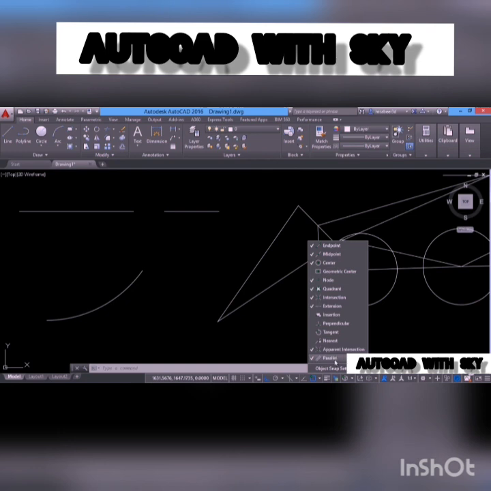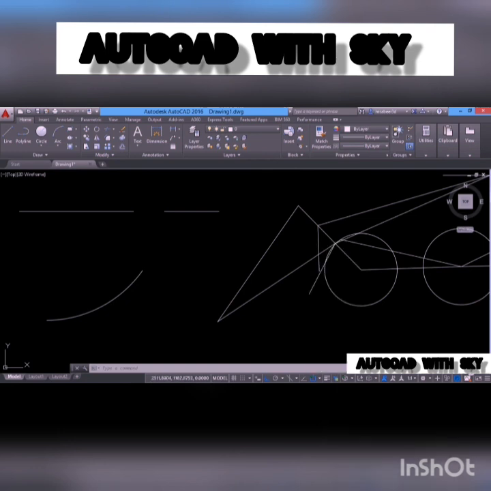So that's all about the OSnap. And one very important point to be memorized is you're supposed to use an OSnap item only when you are asked for a point. In the next video, we will continue with the same topic of various methods to achieve precision in AutoCAD software. There we will see the concept of user coordinate system, tracking, point filters, and some more options in the OSnap menu.